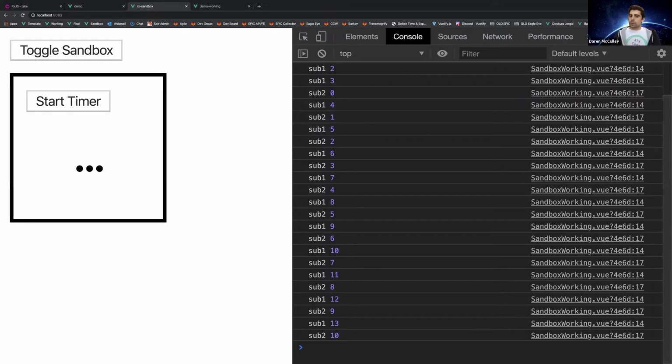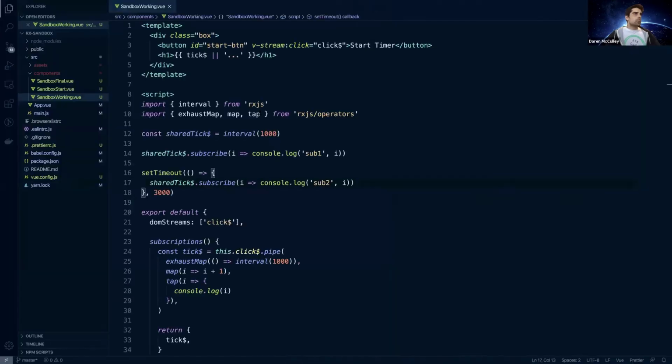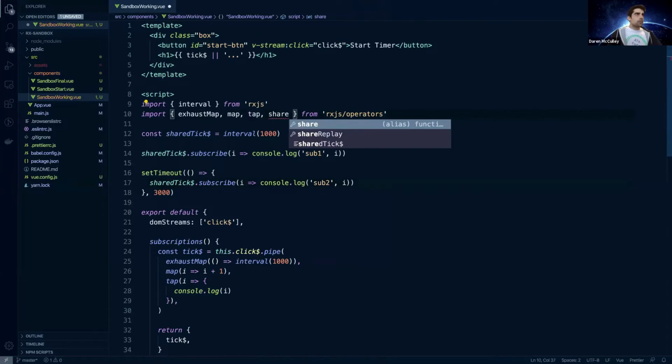So if you don't want to invoke the observer chain again, for example, if you don't want to make 2 API requests when we could just make 1 and share that response with any subscriber who needs it, then we can use the share operator to multicast. So to fix this, I'll bring in share and I'll pipe this interval to share. And now,